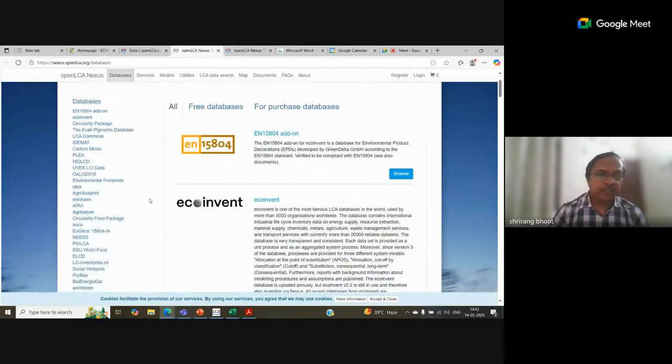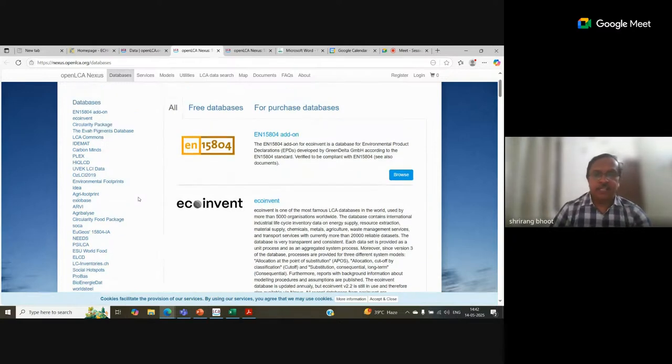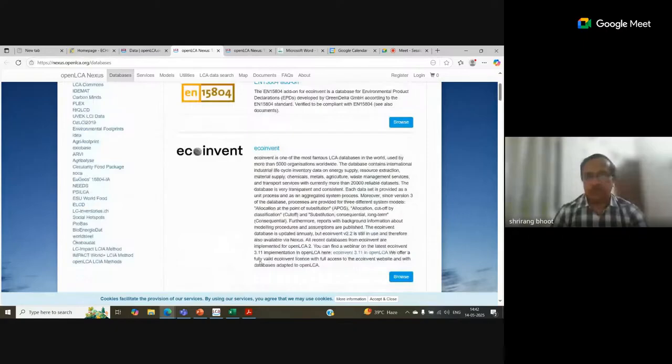Here you can see there are n number of databases which are already existing in the market which can be used for doing the life cycle assessment. Okay, and here you can see their details also. For example, EcoInvent is one of the most famous LCA databases in the world, used by more than 5,000 organizations worldwide. And then they have how many entries, how many details, how many cutoff values, everything is